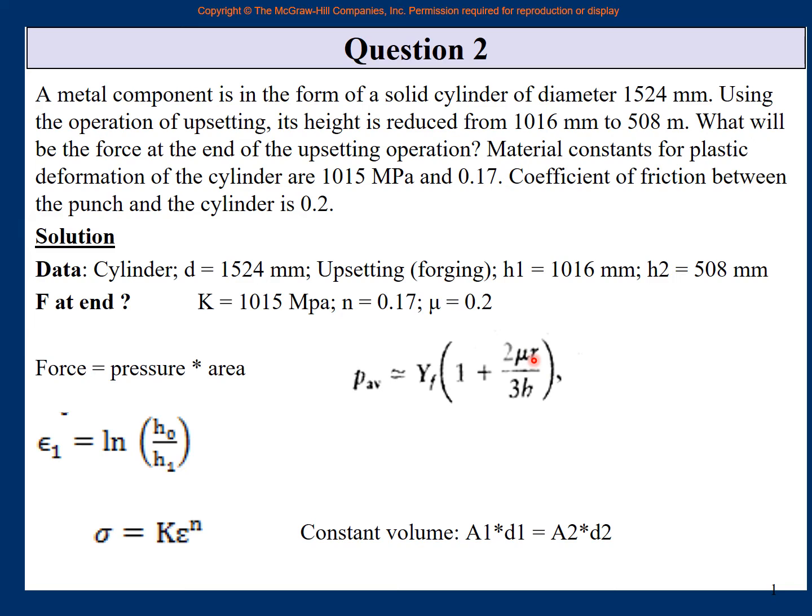So if you know the initial dia, then pi by 4 d square is the initial area. So initial area into initial, you see, this would be the other way around. Here we have initial area into height, right? So sorry for that, and final area into height. So initial cross-sectional area is known, and the height is this one, right? So I'm sorry for writing D instead of H here, but you understand, right?